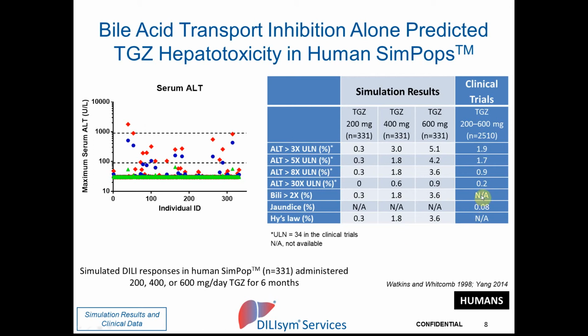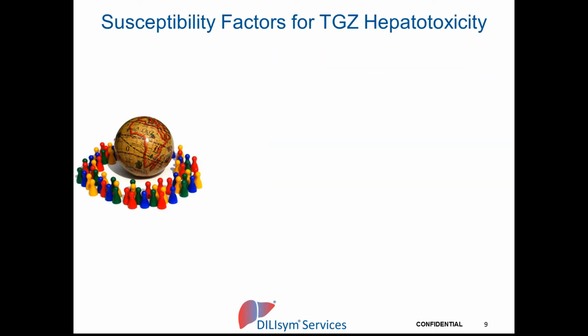While bilirubin and Hy's law cases were not necessarily reported, the incidence of jaundice is somewhat consistent with the predicted levels of bilirubin, as well as the incidence of Hy's law. So we were able to then take those simulation results, which clearly showed a nice comparison in the low frequency drug or idiosyncratic drug-induced liver